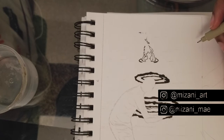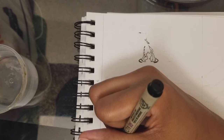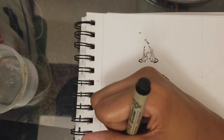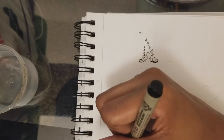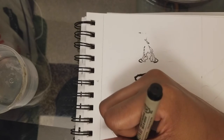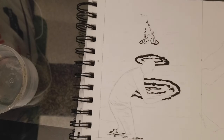And I cleaned up, and then I started sketching day 11, and for day 11 I did a combination of both pen and ink, and something simple, nothing too complicated. With some of these prompts I decided for time's sake, but also because I just want to keep it simple,